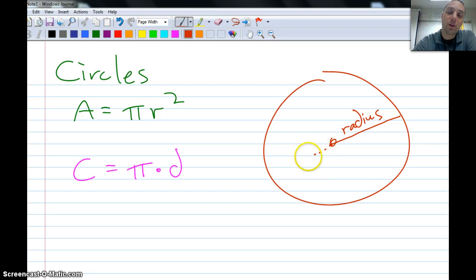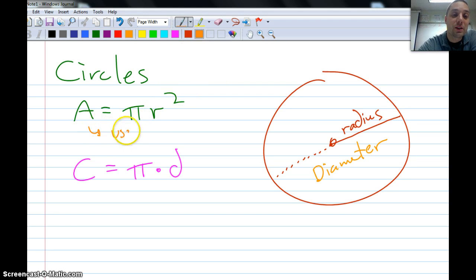If we continue it all the way across, then that whole thing all the way across there is the diameter. Remember, the radius is half of the diameter. Another way to say it is that a diameter is twice as much as the radius. Both of these formulas, I just want you to get down: pi times the radius squared for the area, and then under that one, or off to the side where you've got some space,